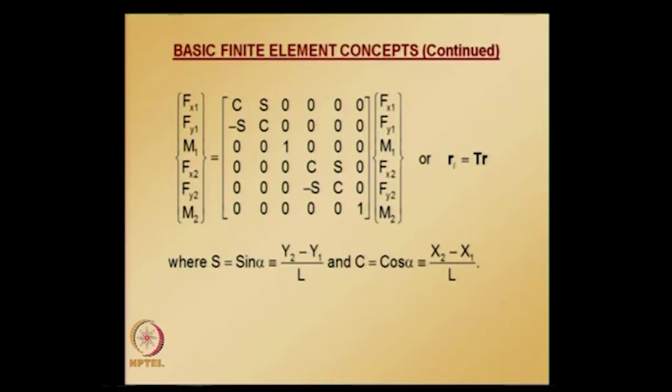And this equation can be written compactly as RL is equal to T times R, where RL is the local force vector or local load vector, R is the global load vector, and T is the transformation matrix. Also, as in the beam bending problem or the axial deformation problem or truss problems, the displacements get transformed in the same manner as the forces,